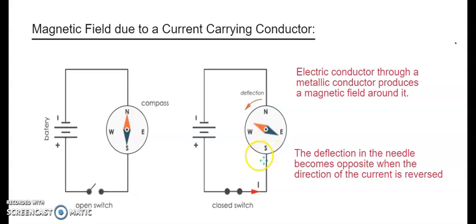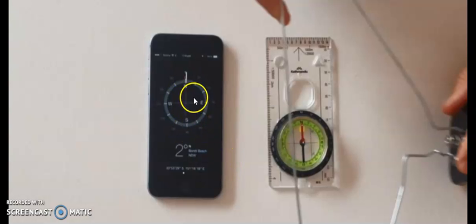So first we'll look into the activity, and then I'll come back and explain this whole part where we'll see what type of deflection happens when the direction of the current is changed. Okay, so let's look into the activity first. As you can see here, we have taken a compass which is in the mobile phone, a normal compass, the thin rod which is nothing but the hanger which we use for hanging clothes and shirts, and there is a battery. So here this is the normal position, north indicating.